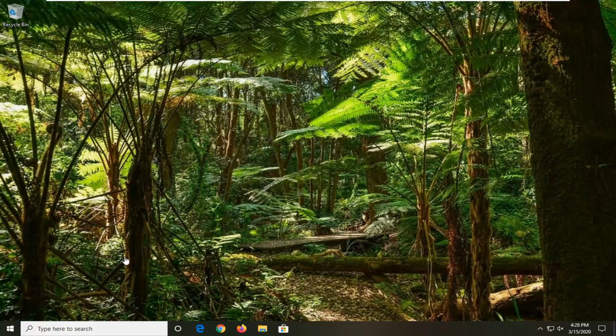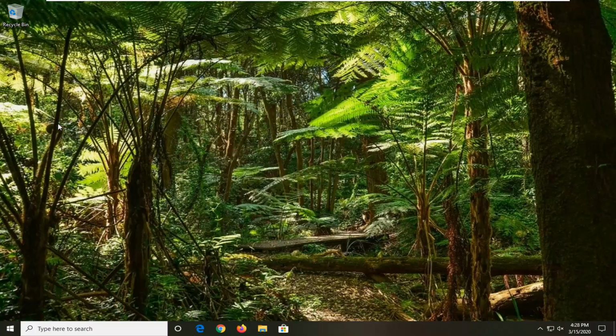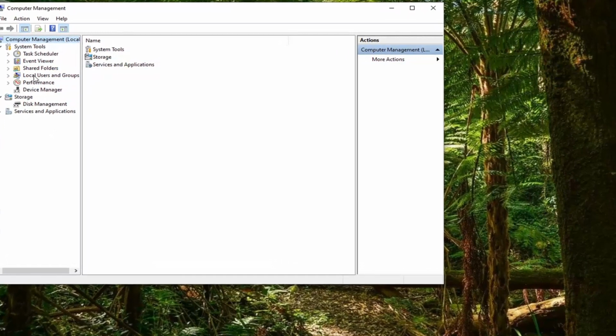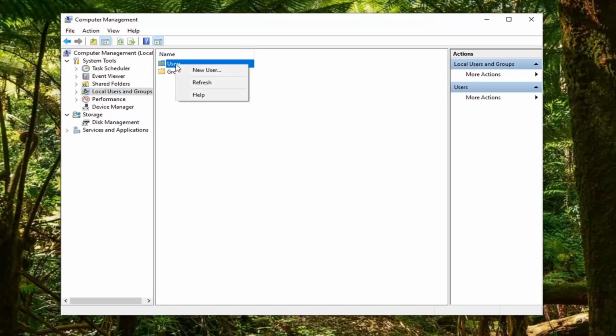So we're going to start with my method here, and that would be to open up the start menu, type in computer management. Best match should say computer management. Go ahead and just left click on that. Left click on the local users and groups folder, right click on the users folder on the right side, select new user,